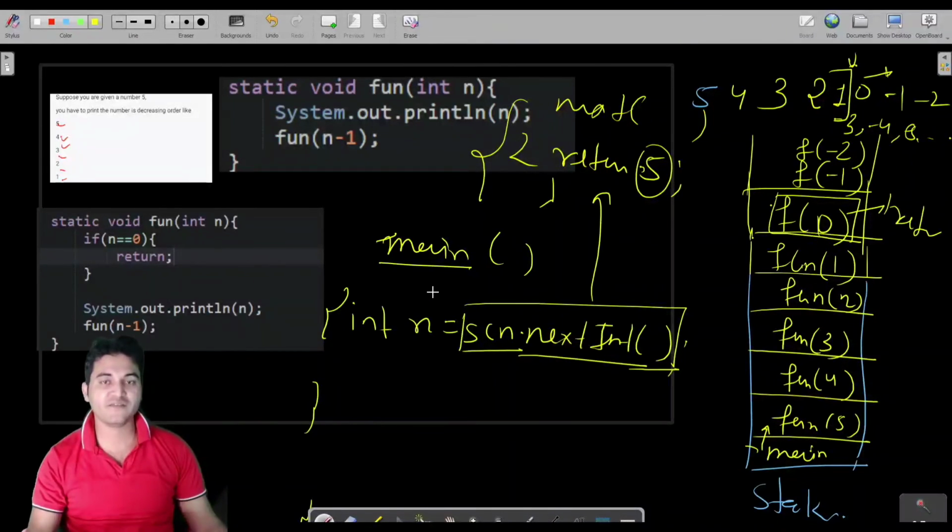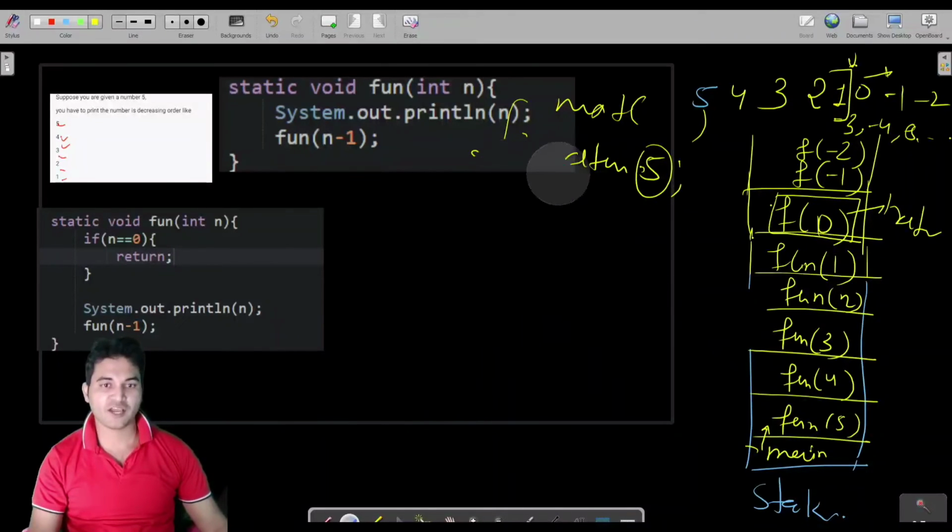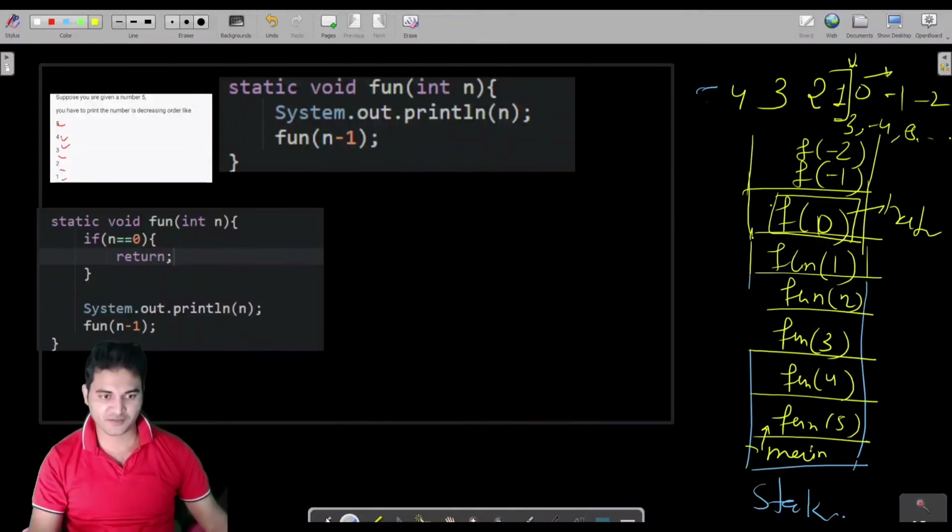So if it has been called from the main method, then of course the return statement will take the value to that point only. So my main point was to explain that if we are on f of 0 and we are returning from there, like from here only we are returning. Look here, if n is 0, then only we are returning from that. So that means we are returning from here.